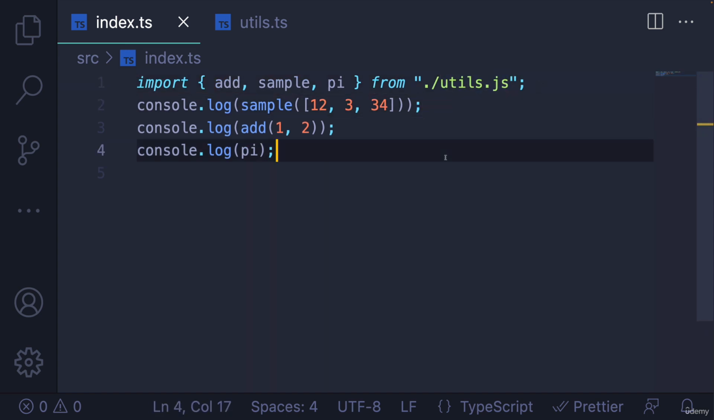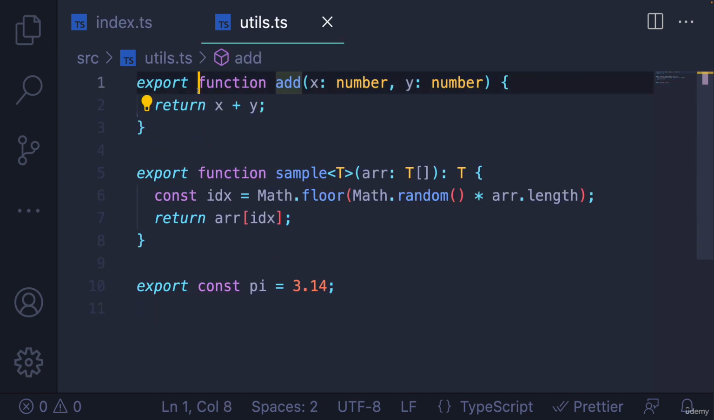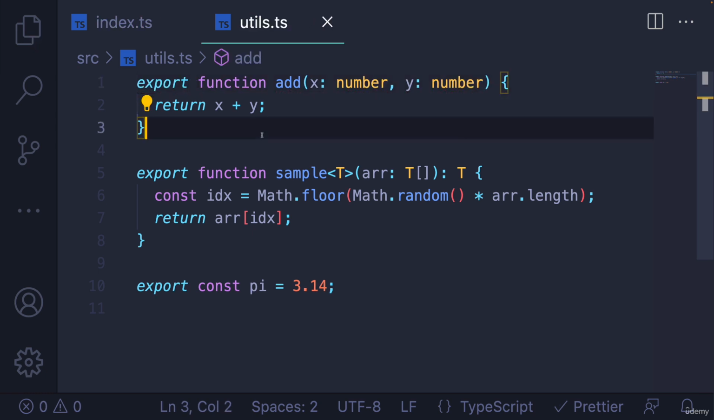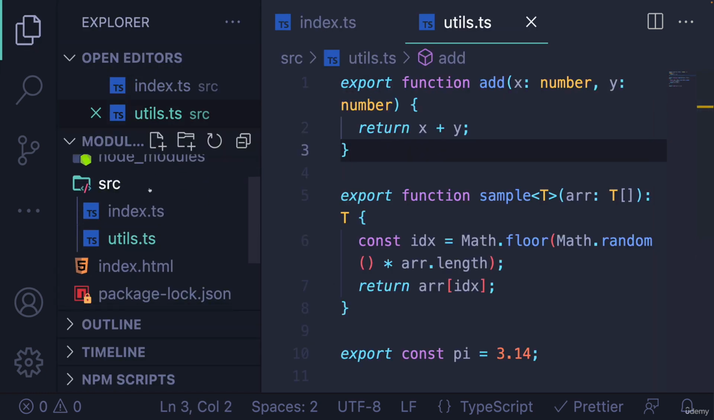But another thing we can do is create a default export using the export default keyword. And we can only have one of these per file or per module. And when we have something as the default export, it means when we import it, we don't have to use a named import. So let me do a different example. I don't think it makes sense to have a default export in this file, but maybe I have some class that I'm defining called